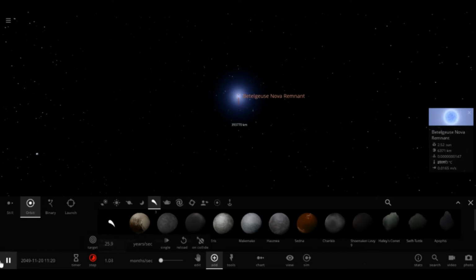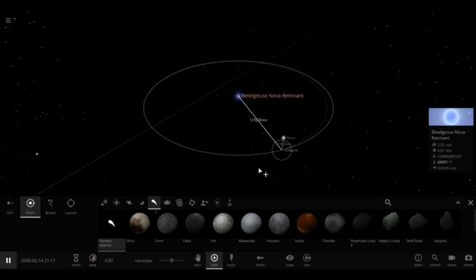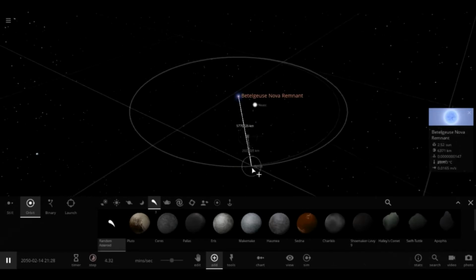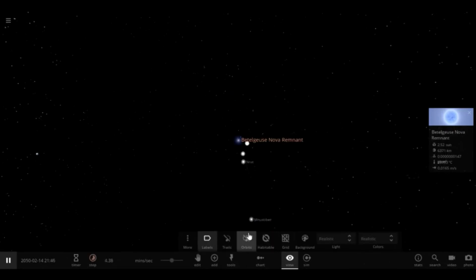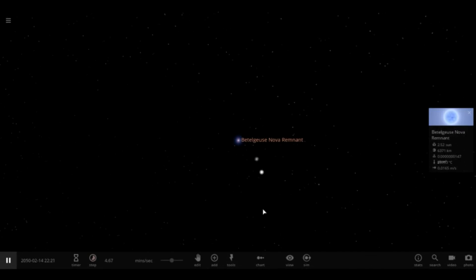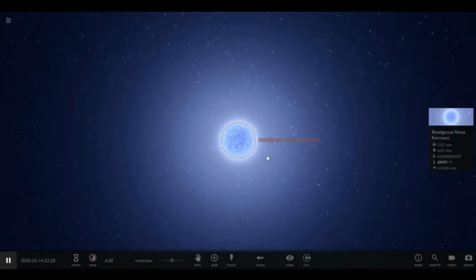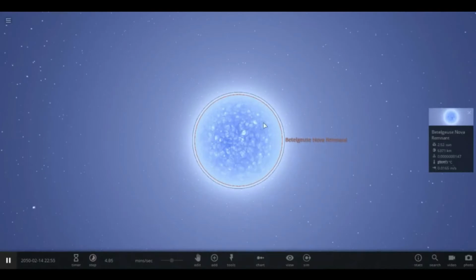Okay, now months, days, probably have things like that. Can we still view the orbits? Not even that, don't know why. Nothing is holding itself together. But here we are, this is the result. We'll just have probably